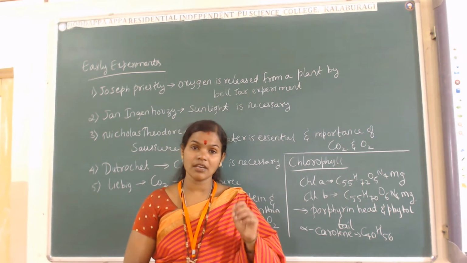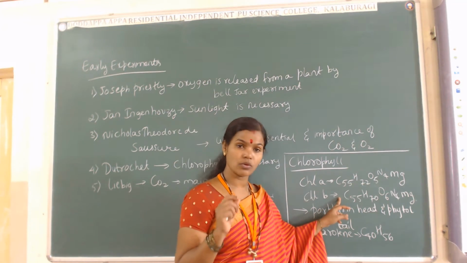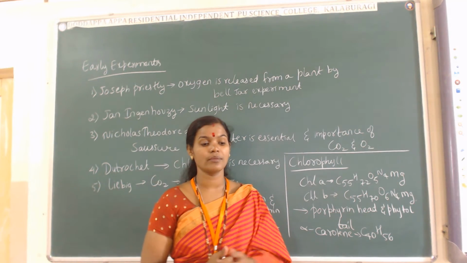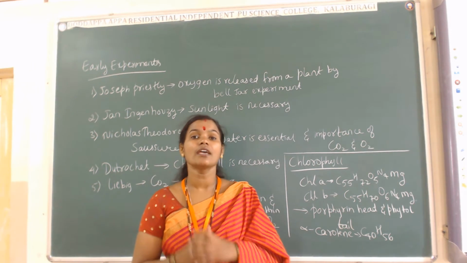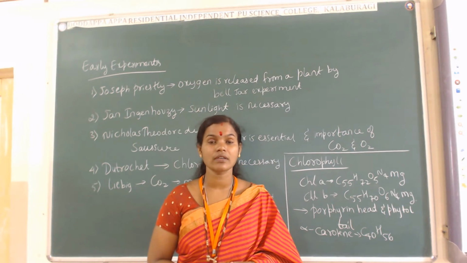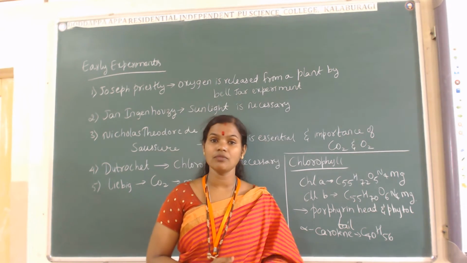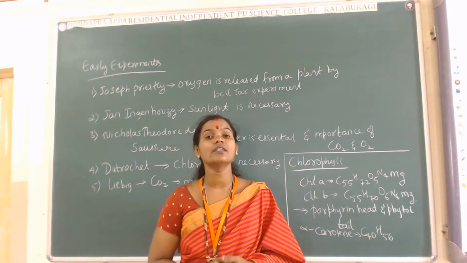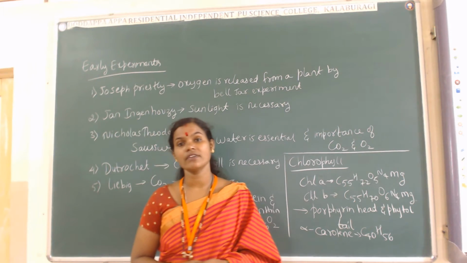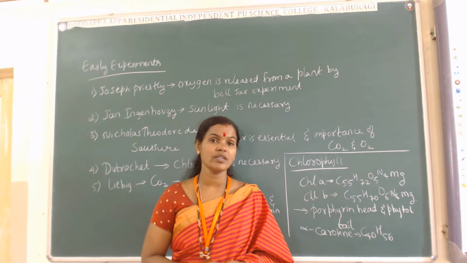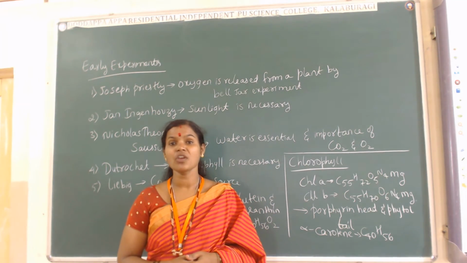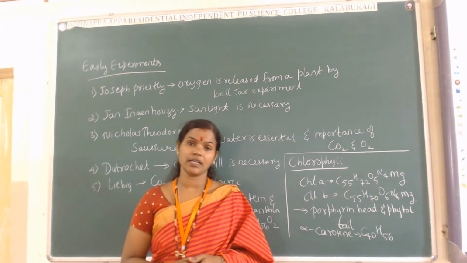Suppose any one of the elements is not working properly, then the chlorophyll pigment is not going to work properly. If the chlorophyll pigment is not working properly, then the photosynthetic rate is going to become less, and if the photosynthetic rate becomes less, the plant bodies are not going to survive. Okay, so this you have to remember. I have also told you about the bacteria.